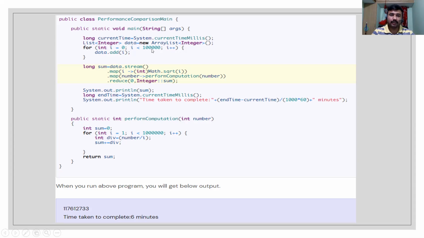The size is 1 lakh, and we are adding to the data. This is an integer ArrayList. Once we have this ArrayList, we convert this data into a stream with data.stream. Once the collection is converted to a stream, it is a matter of, just